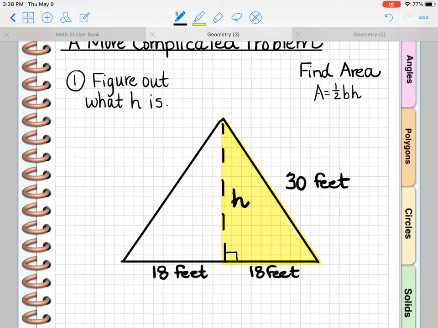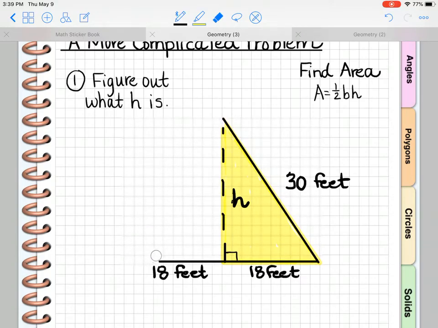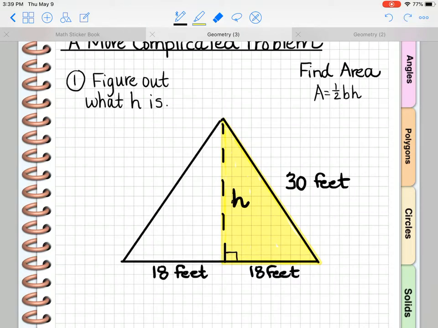So if I want to find the height of this big triangle, I'm not going to leave this, but let me just erase this so you can see what I'm talking about here. You see how that yellow triangle is going to fit the Pythagorean theorem. We know the hypotenuse is 30, and we know one of the legs, so we can find the other leg. That's where I'm going to start. So let me bring that back,